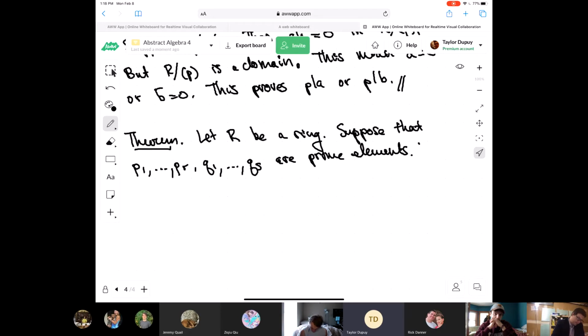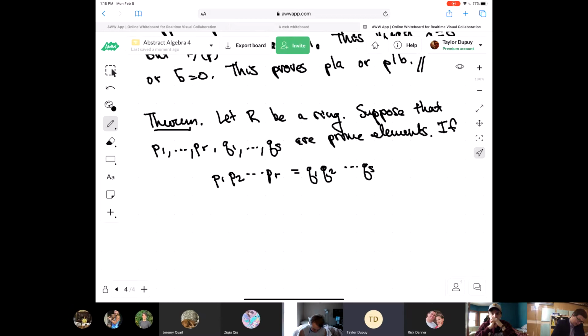If P1 P2 up to PR is equal to Q1 Q2 up to QS, then R is equal to S, so there are the same number of factors, and up to relabeling,